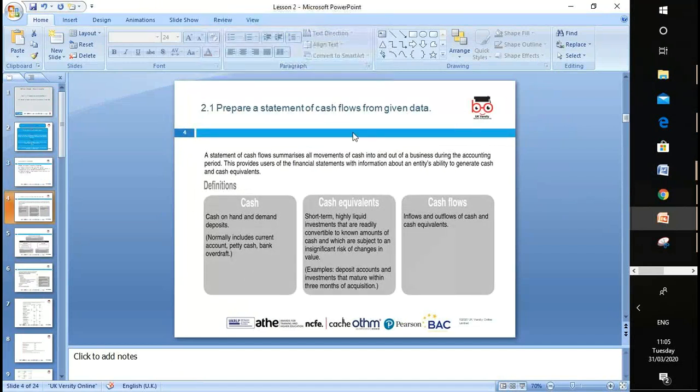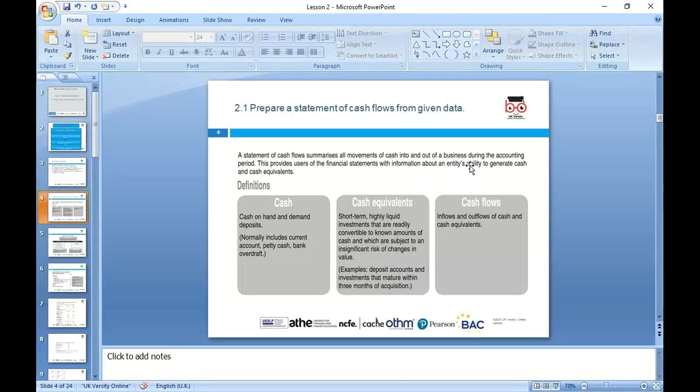So cash flow, which is known as a statement of cash flow. The statement of cash flow summarizes all the movement of cash into and out of a business during the accounting period. An accounting period normally consists of 12 months. This provides the user of the financial statement with information about the entity's ability to generate cash and